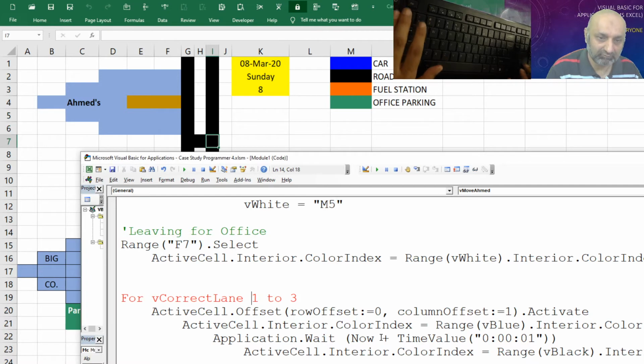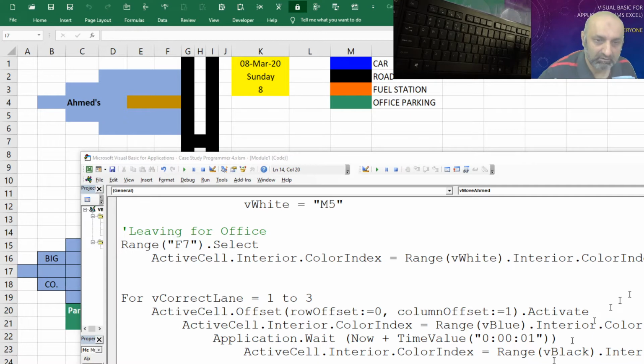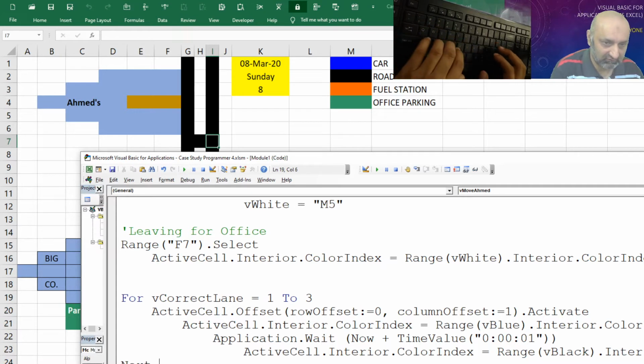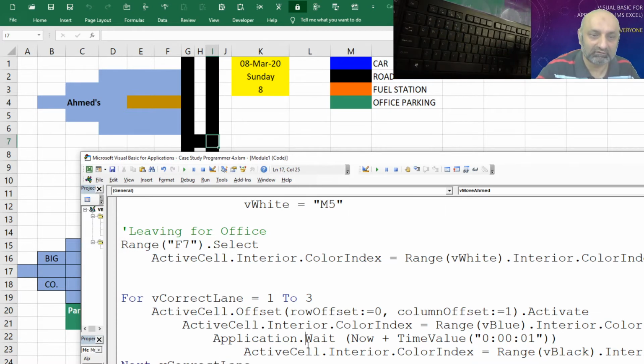For correct lane is equal to 1 to 3, and we need to say Next correct lane. So let's run this and see what it does. Perfect. 1, 2, 3. Our car moves towards the right with a 1 second gap.